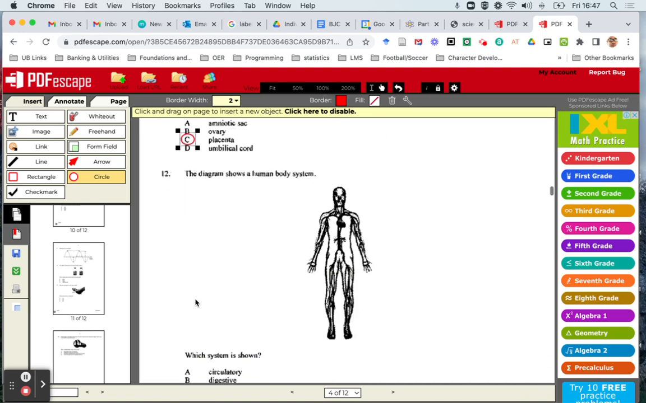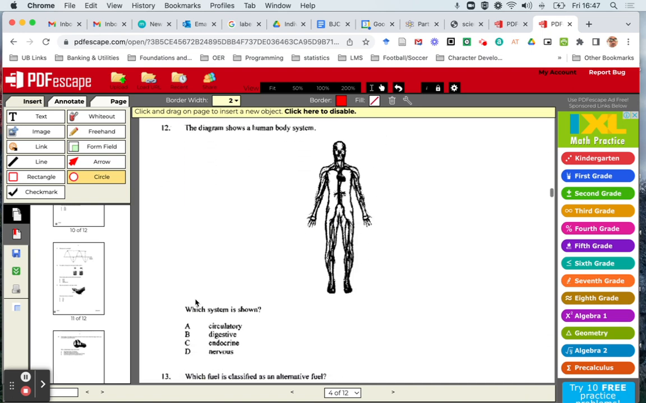The diagram shows a human body system. Which system is shown? Well, you can easily go through and cross them off. Definitely not the digestive system. Potentially the endocrine system, but it looks more like things spreading throughout the body. The key point that gives you a clue is that the heart is included, and the heart is what pumps blood throughout the circulatory system in the body. So it's going to be a